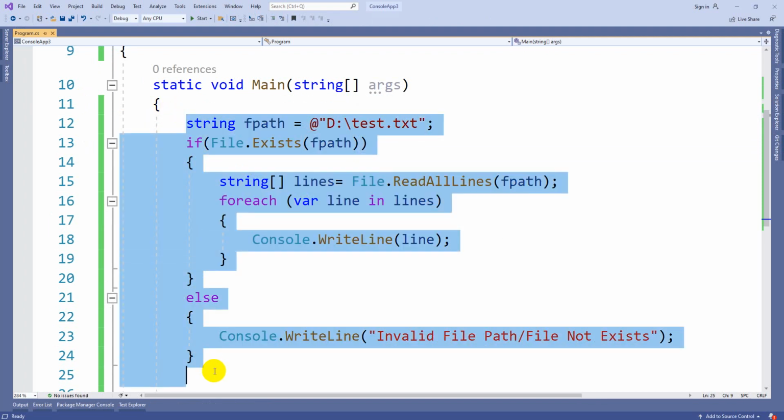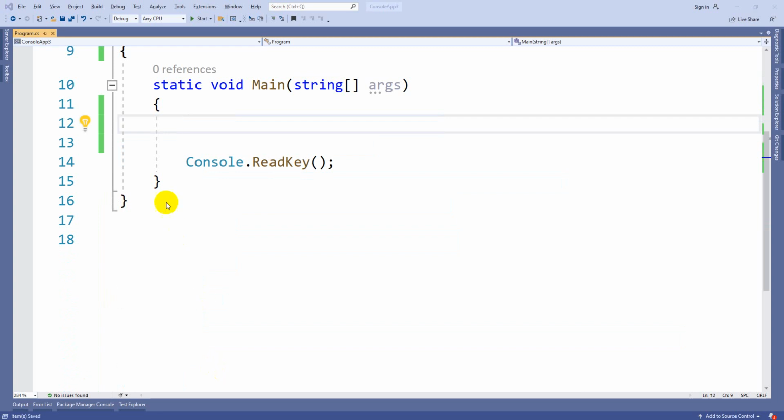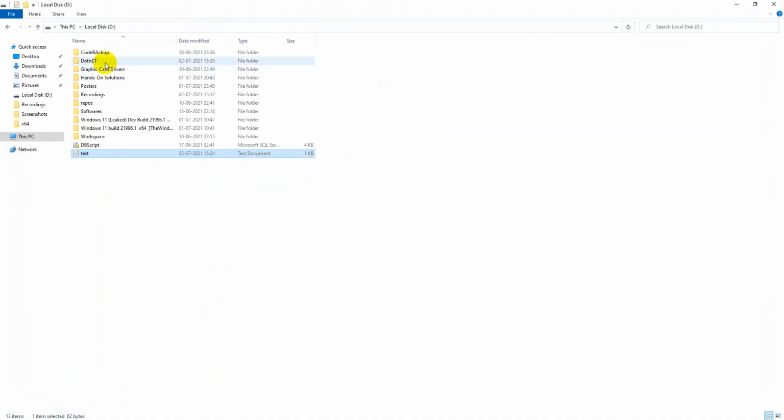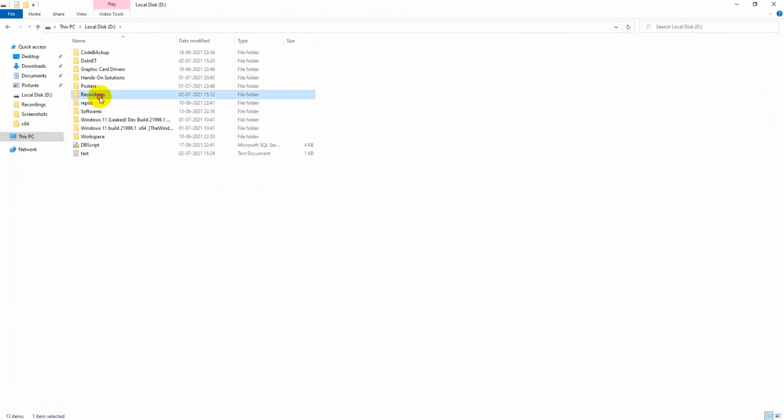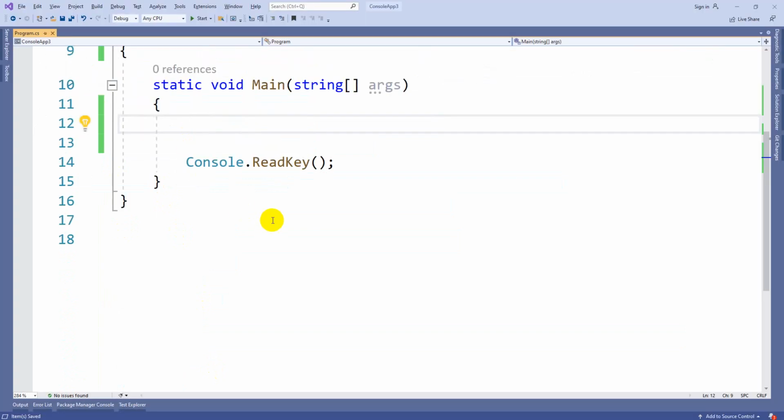Now let's work with the directory. Let me take some example. Suppose this is the folder. I just want to get the names of all the files available in a directory.